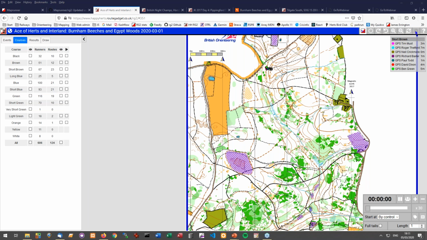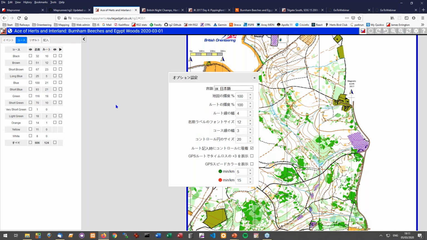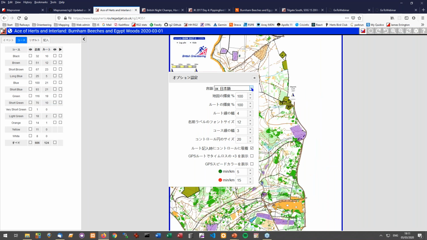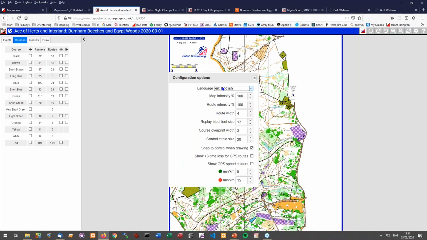Right, let's just go through these configuration options because they're worth just being aware of at least. So one of the early things was people said, oh, I can put it in a different language. So if you speak Japanese, we do have a full Japanese translation. Can't say I've used it a great deal. And equally, we've picked up translations from various places, Russian and whatever. So that might help some people.